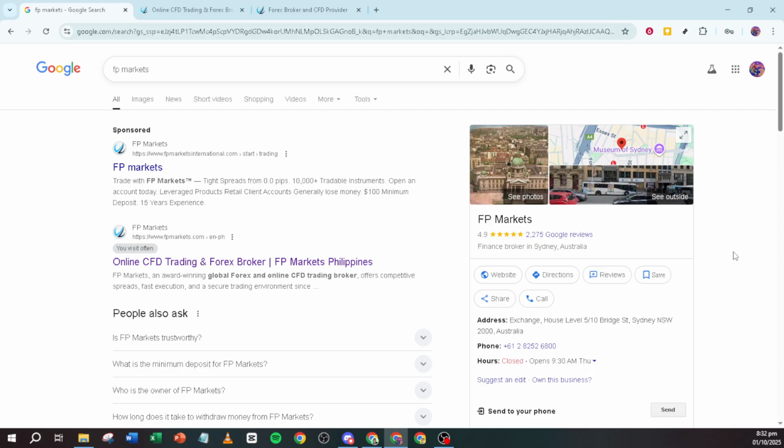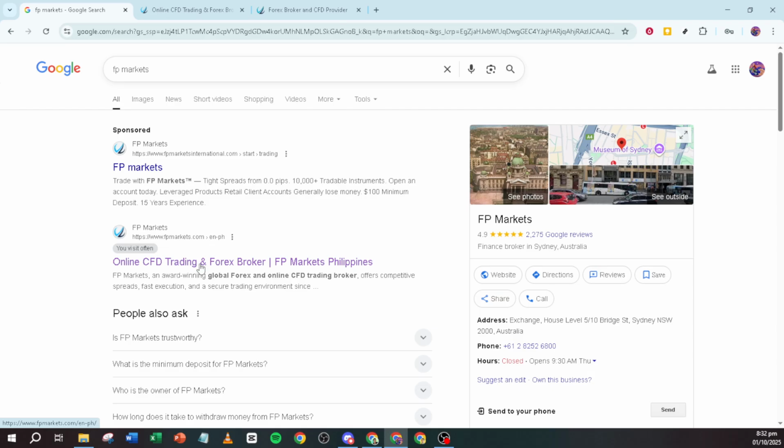First, it's important to note that you cannot directly withdraw funds from the MetaTrader platform itself. Instead, you'll need to access your brokerage account through your web browser. So, open your favorite browser and log into the account associated with your broker. This ensures that you're accessing the correct financial settings for your trading activities.